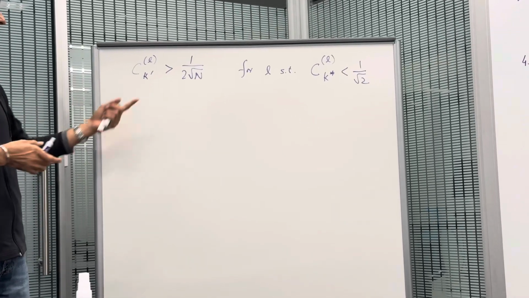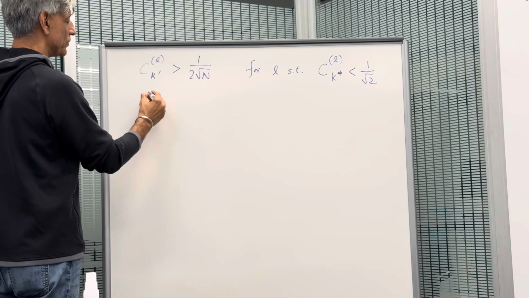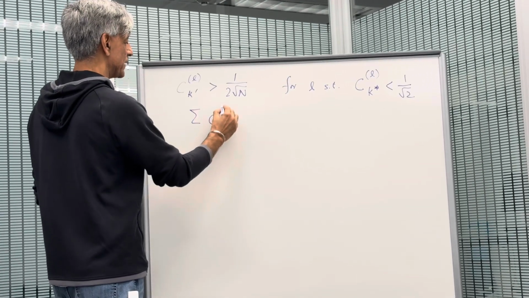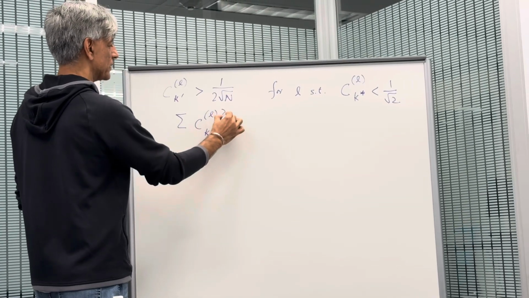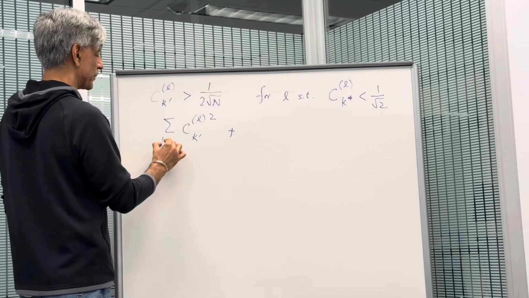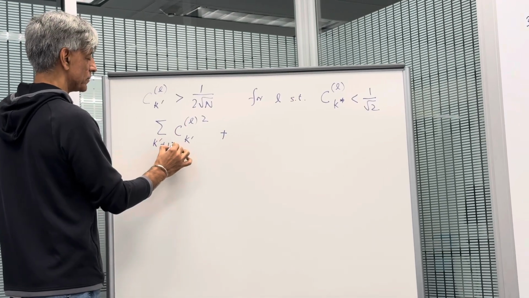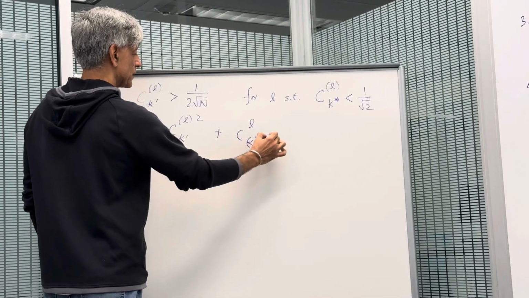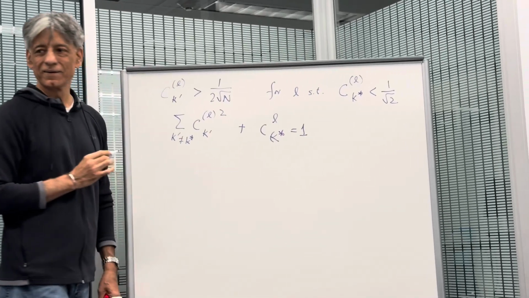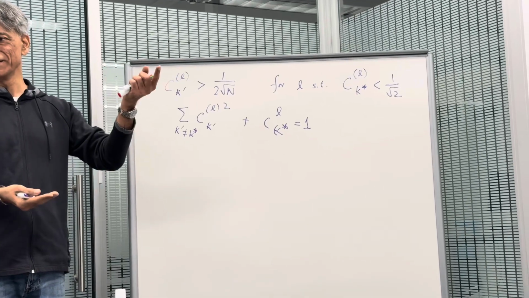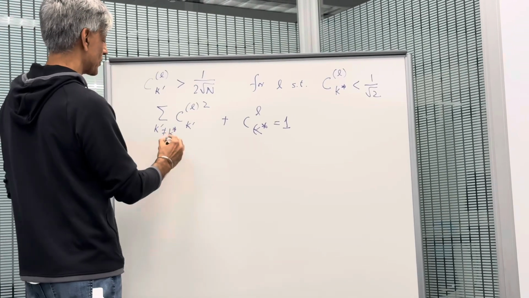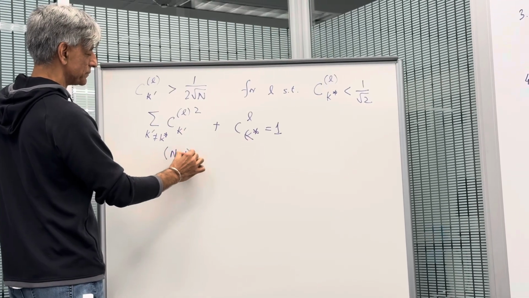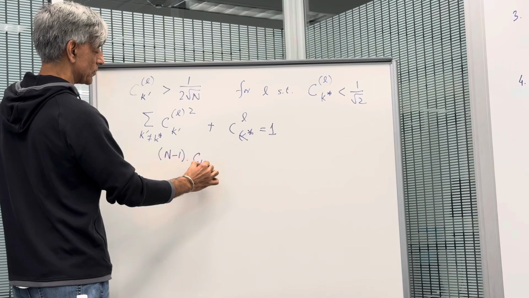So this is actually an easy exercise because at any point, the norm is 1. So we have the summation of CLK prime squared, where K prime is not equal to K star, plus CLK star squared, equal to 1. Because that's a guarantee. And so this is about n minus 1 of them. Since they're all equal,